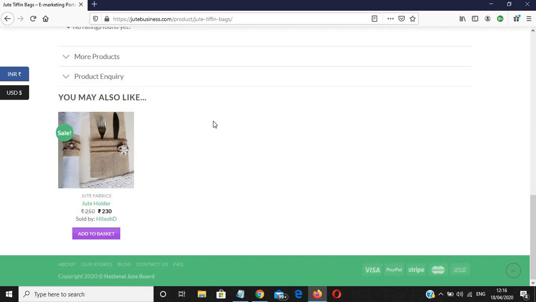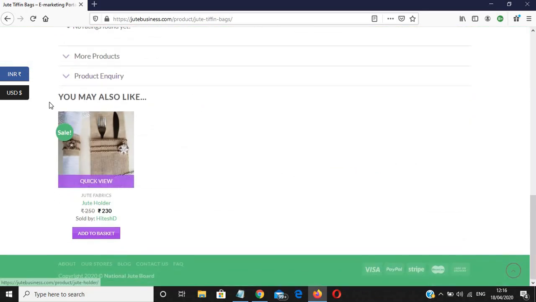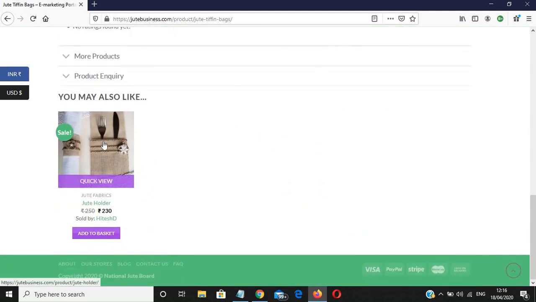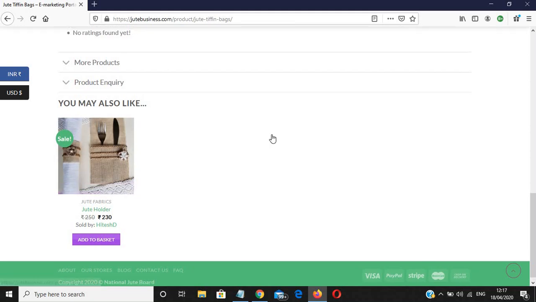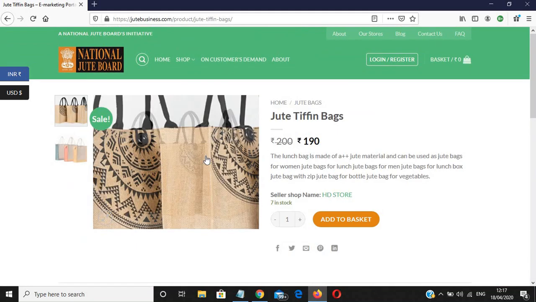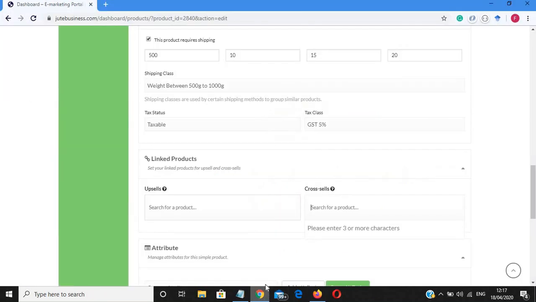So cross sell helps to buy the products together, and upsell gives you may also like, meaning if you are purchasing this product, you will also like this product of the same seller. That helps the customer in choosing the product, and it also helps to increase the selling ratio of the seller.